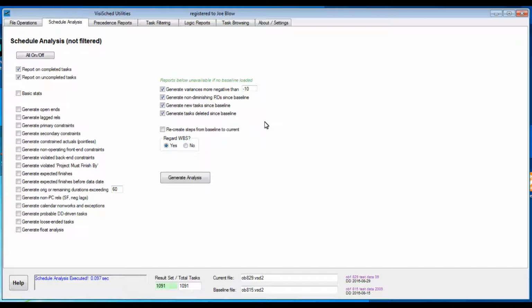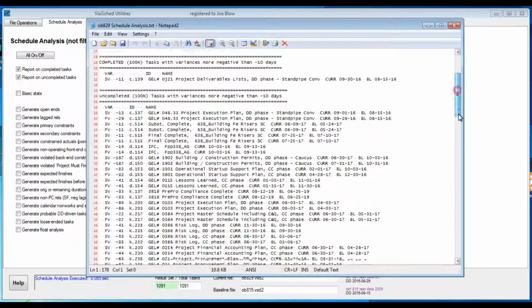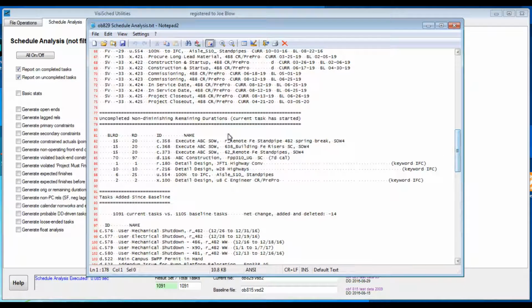Okay, let's run some examples here. We've got these checked. Generate. So here of our completed tasks, we had one with some variance there of 11 days. The uncompleted have quite a few more. The non-diminishing remaining durations, task is started. These, they didn't drop at all. This one actually